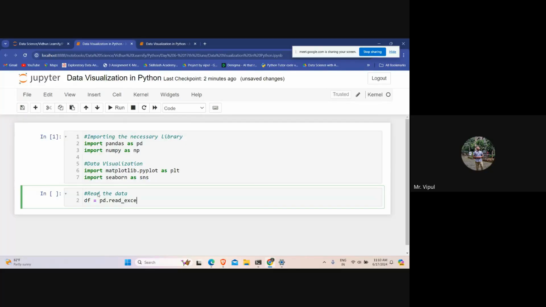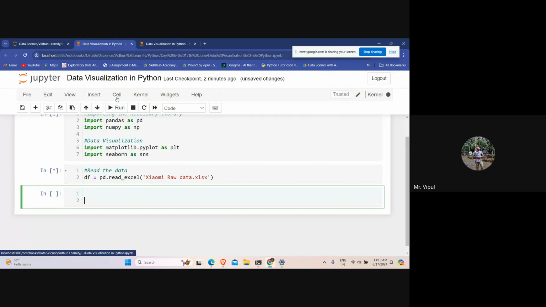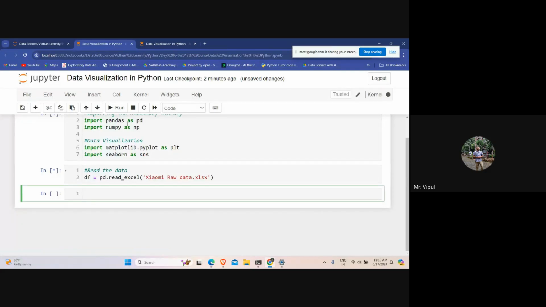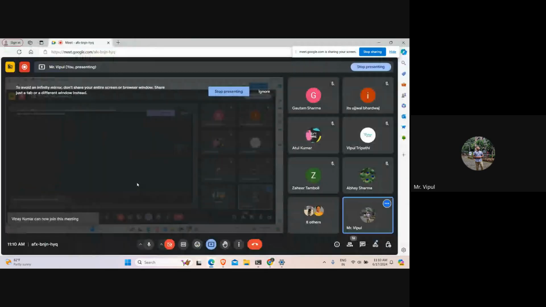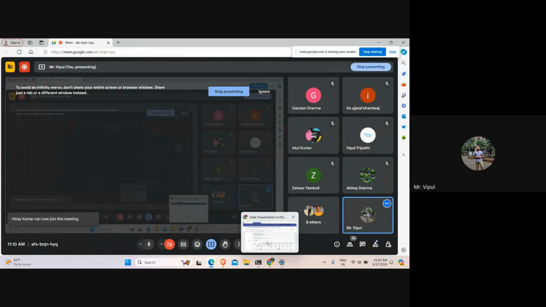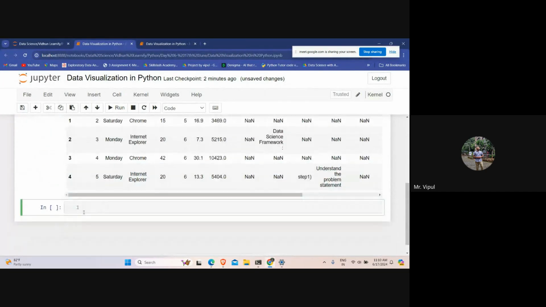Excel file, and Xiaomi data is your data set. Then we'll check the head of the data that we have. Now, as we have discussed, we have different columns in this data. We have categorical column,